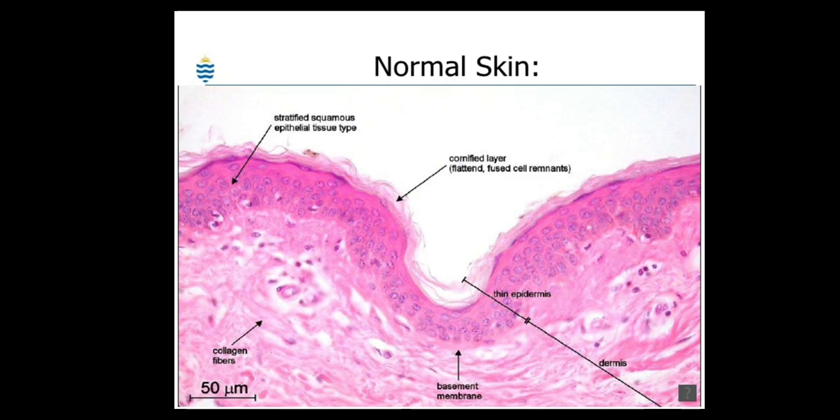This is the normal histology of skin, just to brush through your first year. So you know what the layers of skin are, right? There are 5 layers of skin, and this is the superficial layer with the cornified layer, and just below that you have the squamous epithelium. Okay, squamous epithelial lining, and then you have dermis, which is divided into two.